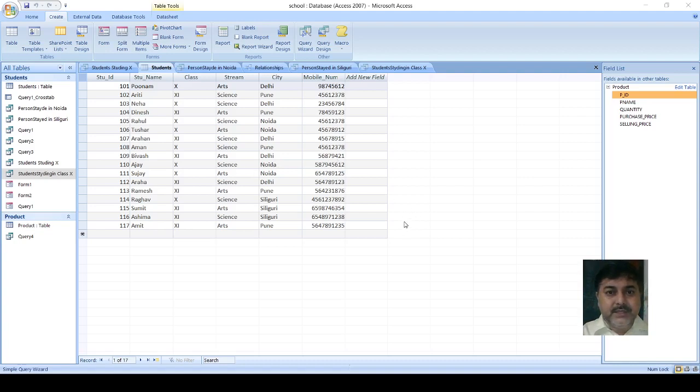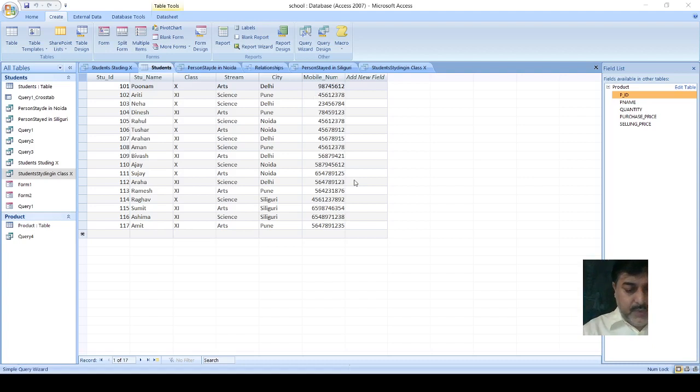Then next, if you want to give any pattern from any other table, you can select it. Then you can give next. When you give next, open the query to view information, or modify in design view. If you want to modify in the query design view, that also you can do. Or what will be the title of the query? Do you want to give it student query? Suppose you are giving here